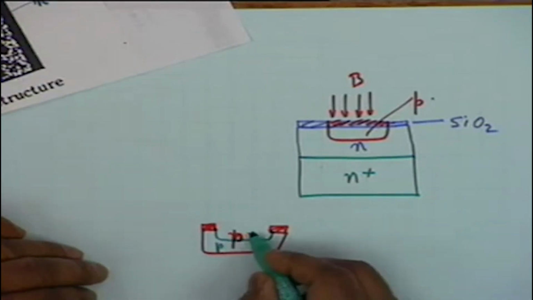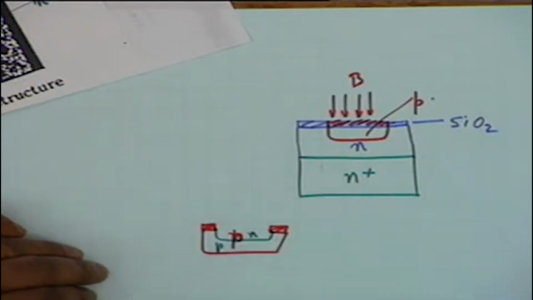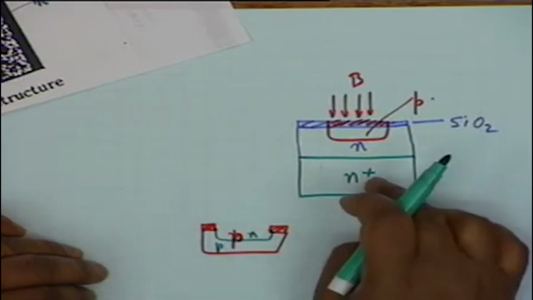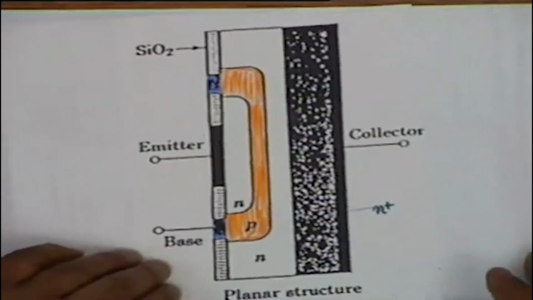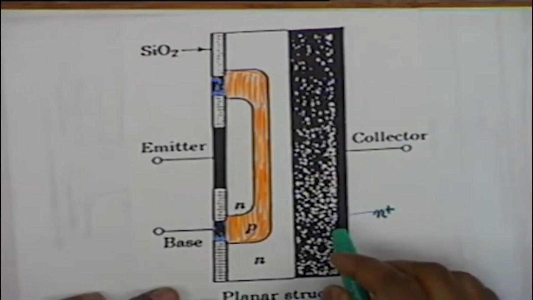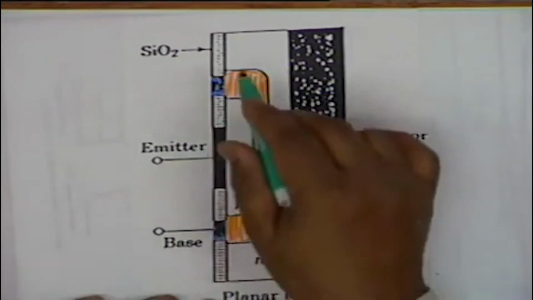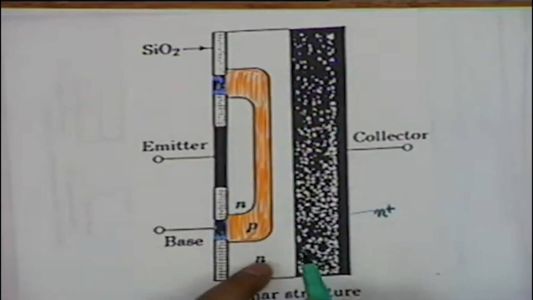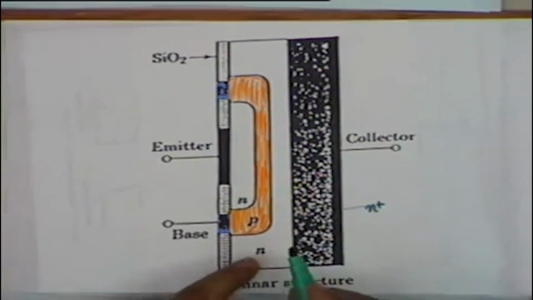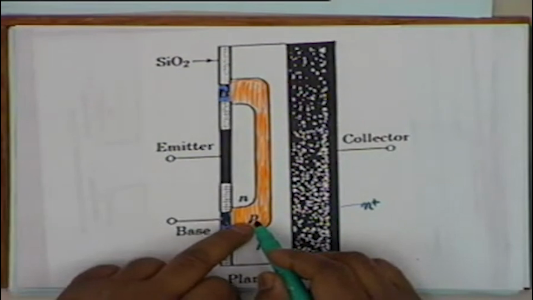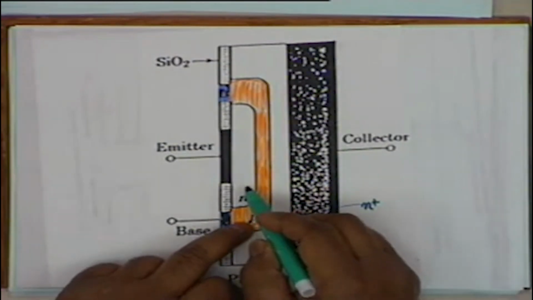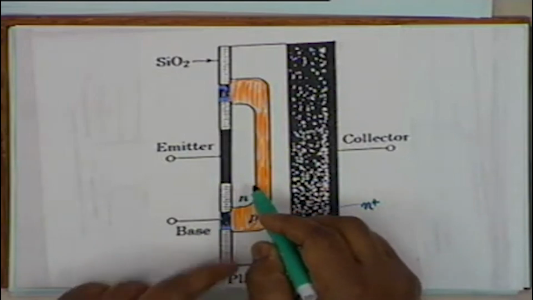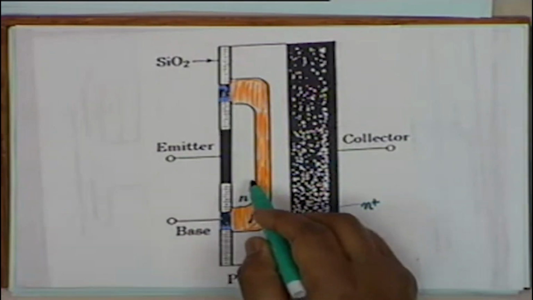So there is an N, there is a P, and then N and N plus. Let us look at this now. You have an N plus, then you grew an N, and by selective diffusion you grew a P type material. By another selective diffusion you made another N type material, and then you make metal contacts,